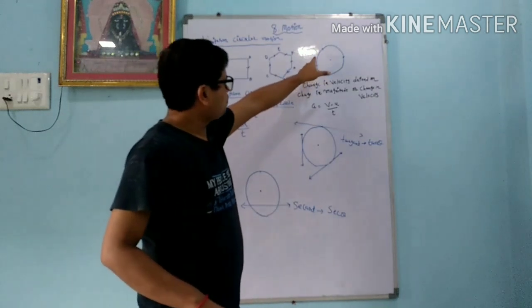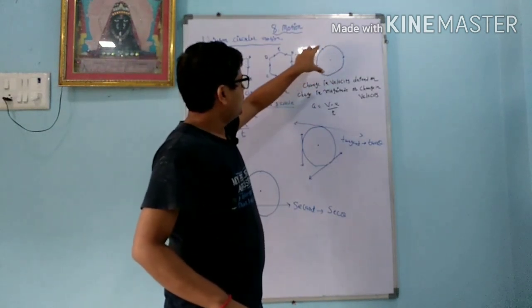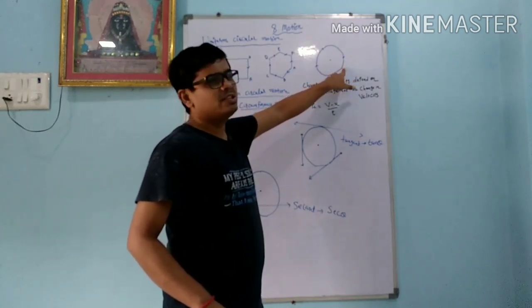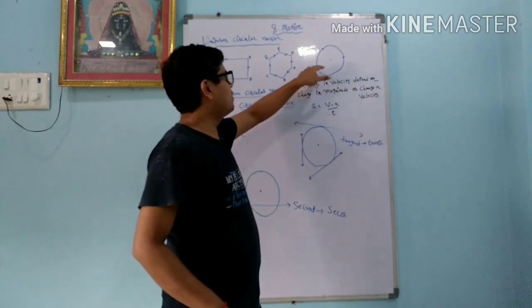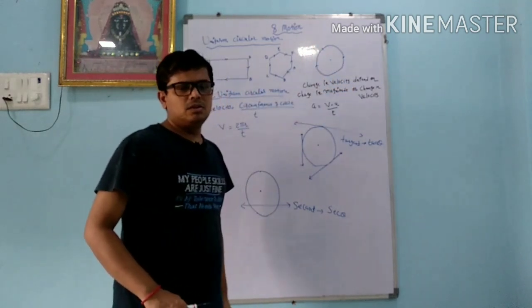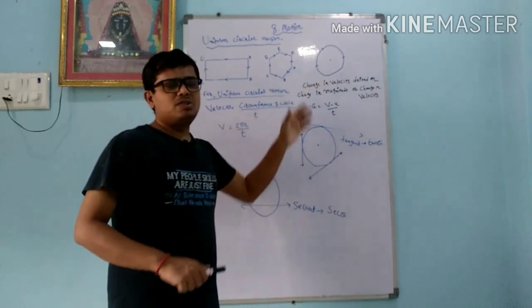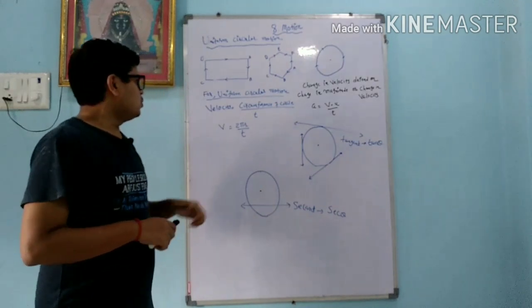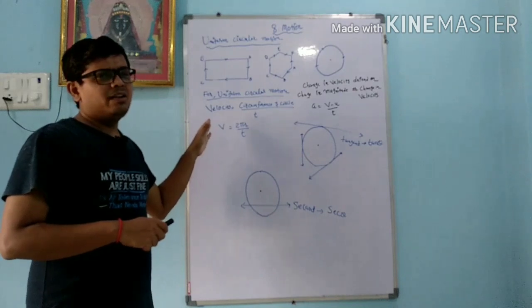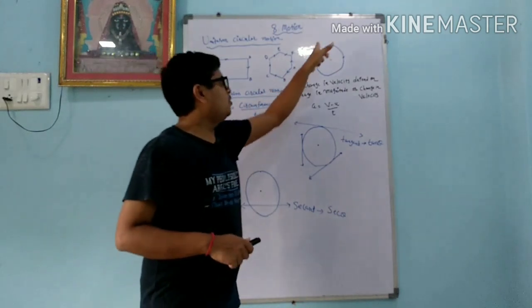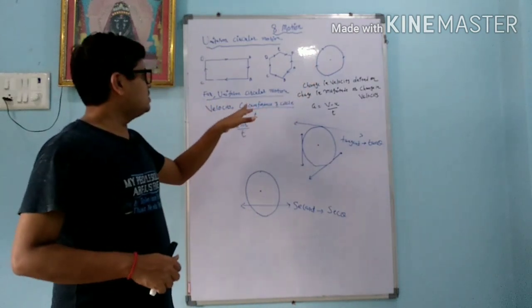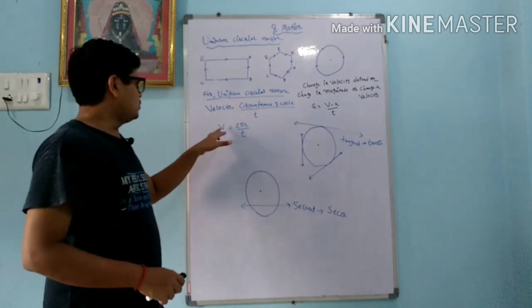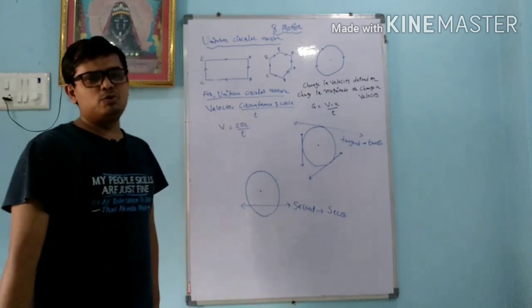Now consider the ground in circular form. The athlete starts running, and at each and every point the directions are different, but his velocity remains constant. When the velocity remains constant and directions change, we can say that it is a uniformly accelerated motion. For uniform velocity we write distance divided by time. The distance here is the circumference of the circle, that is 2 pi r. So v equals 2 pi r upon t.